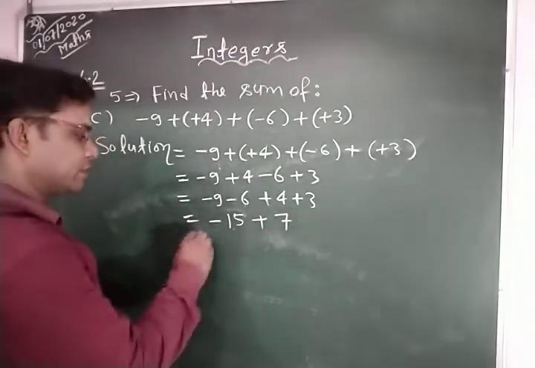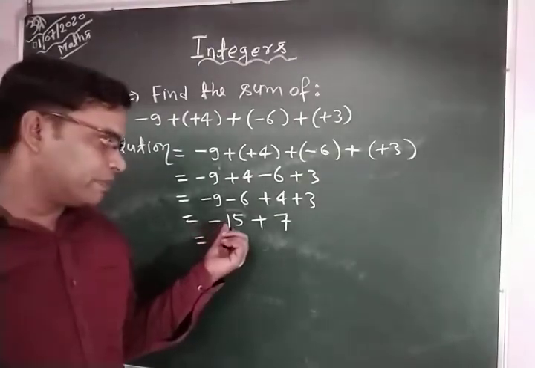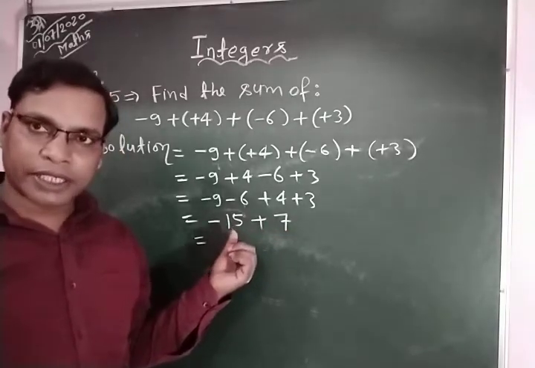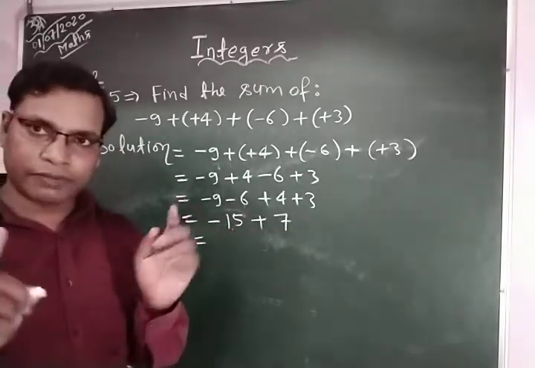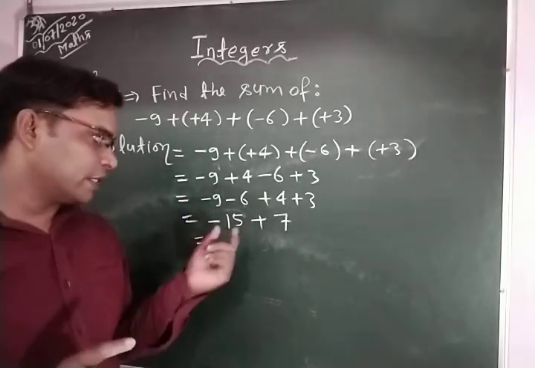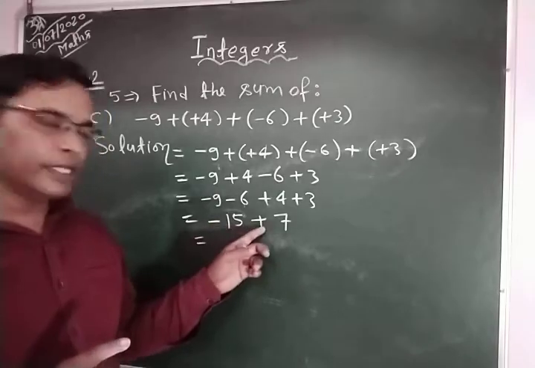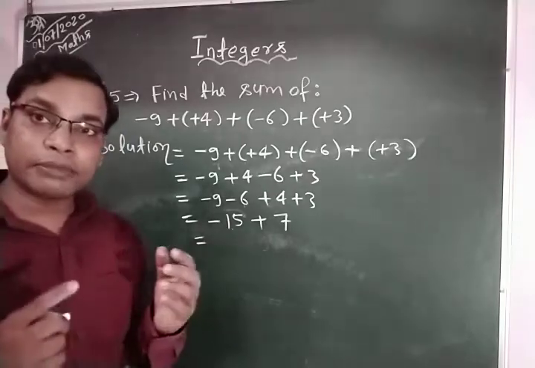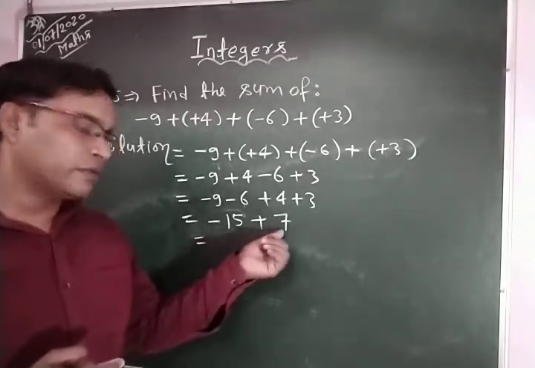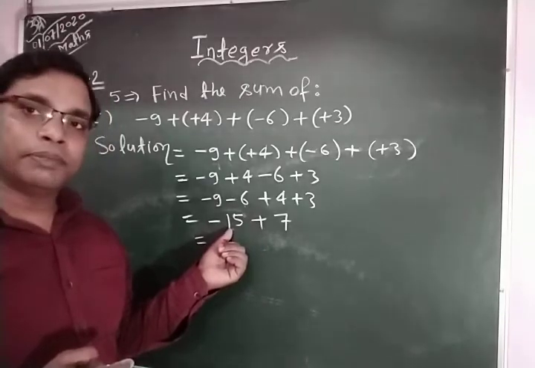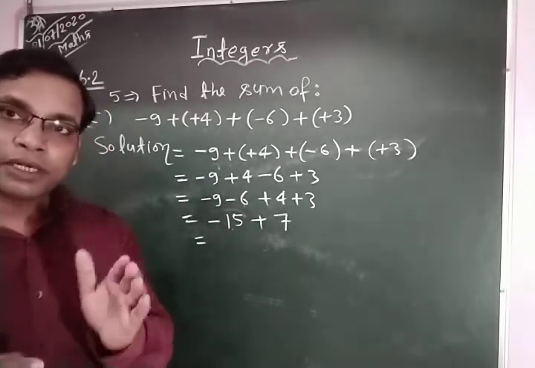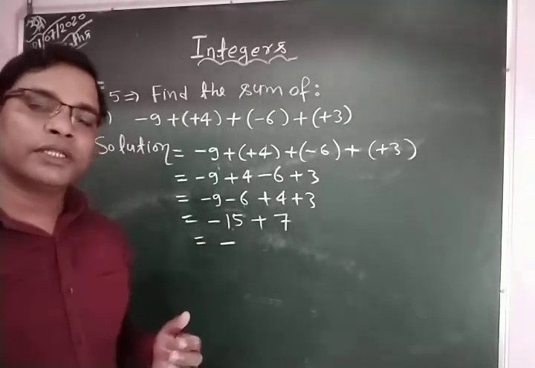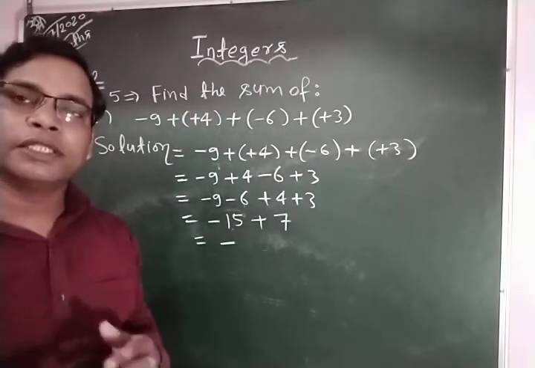Okay. Now in the next step you can see here 15 is with negative sign, 7 with positive sign. So you can see here 15 is greater than 7. Sign is different for both numbers because here is minus, here is plus. So it means that subtraction is required. So we subtract the small number from the greater number. Small number is 7 and greater number is 15, and we use here the sign of the greater number. The sign of the greater number is minus, and we subtract 7 from 15. So 15 minus 7 is equal to 8.